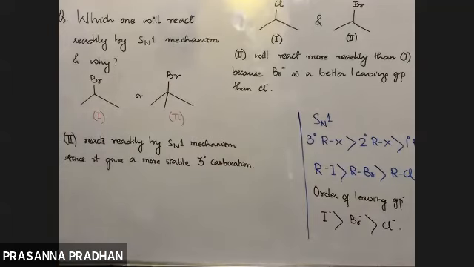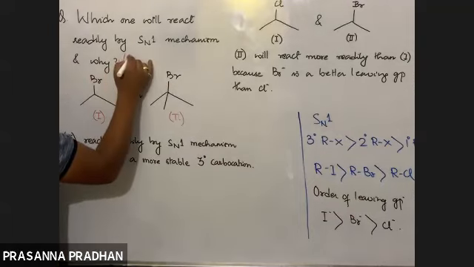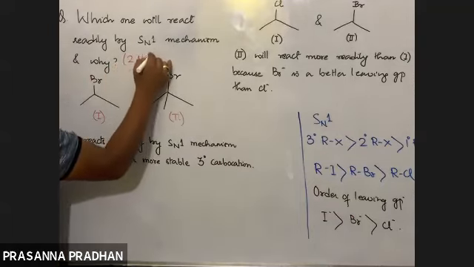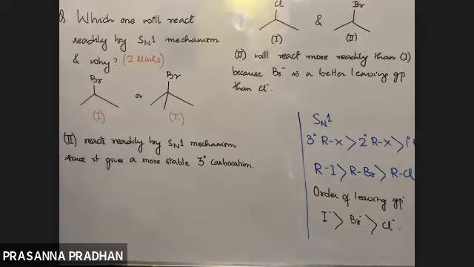Fine. So this type of questions are in plenty, and there is every chance that this type of questions might come in your board level. It usually carries 2 marks. If the Y is not there, you'll just say 2 is more reactive than 1. You don't need to explain it. So 3-degree alkyl halides are most reactive, followed by 2-degree alkyl halides, followed by 1-degree alkyl halides.